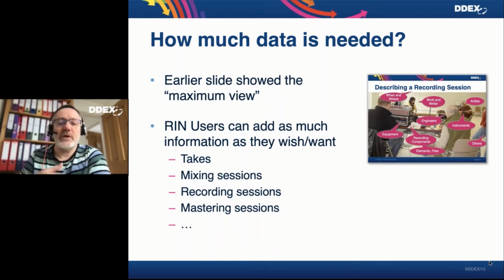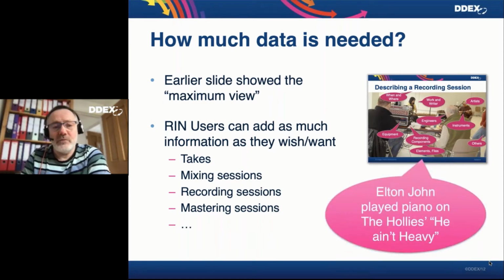Users will be able to add as much and as little information as they want. Typically, you would want to include takes, mixing sessions, recording sessions, mastering sessions, all the inputs and outputs, and the people involved. So if you want to know that Elton John played piano on He Ain't Heavy by the Hollies, for example, that information,